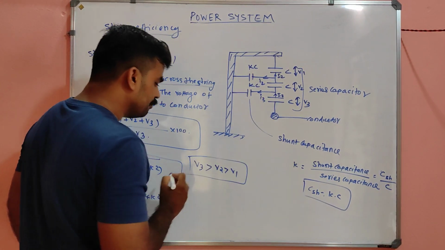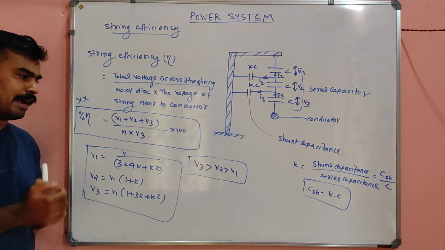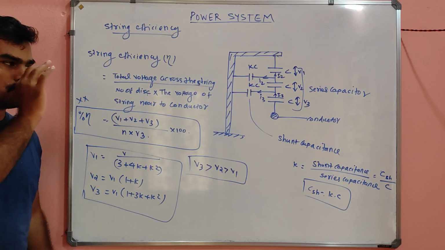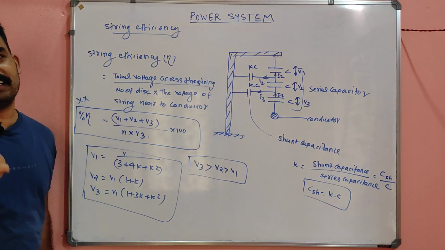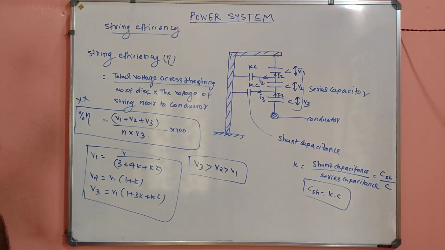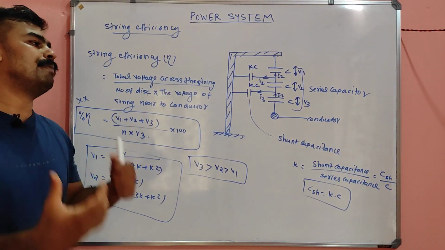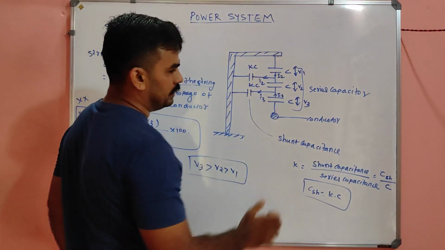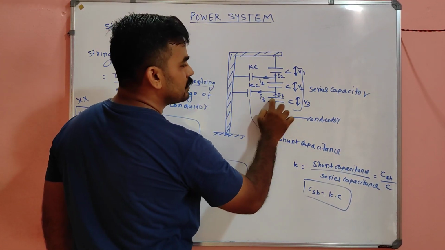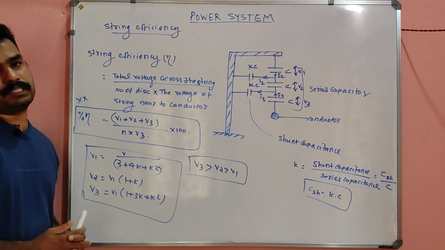This is a very important relation in suspension type insulators. So the maximum voltage capacity belongs to the disc nearest the conductor. This insulator should have the maximum stress carrying capacity,